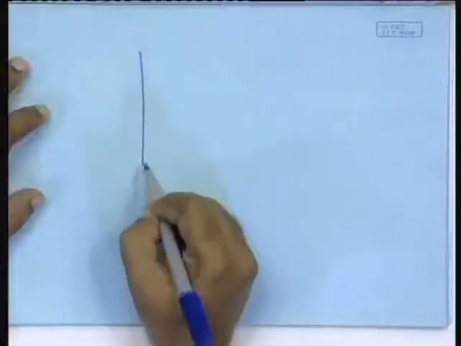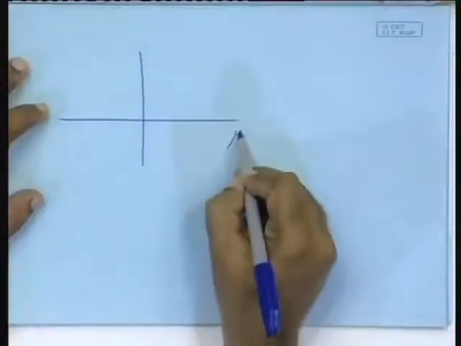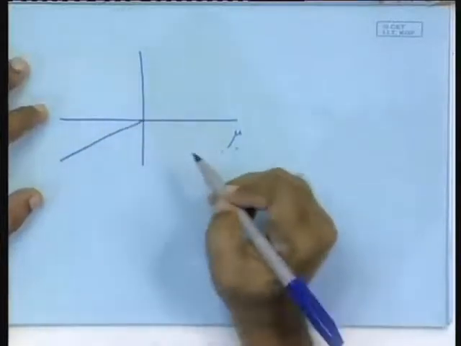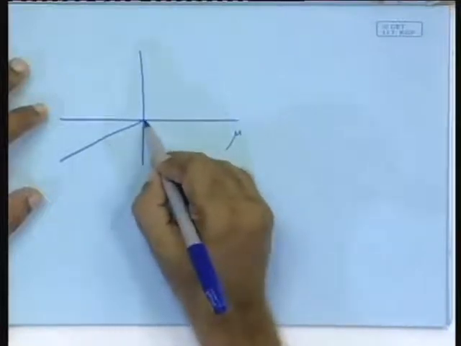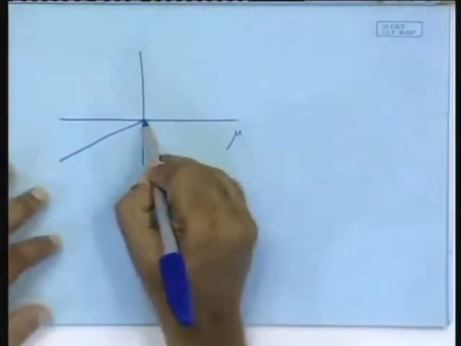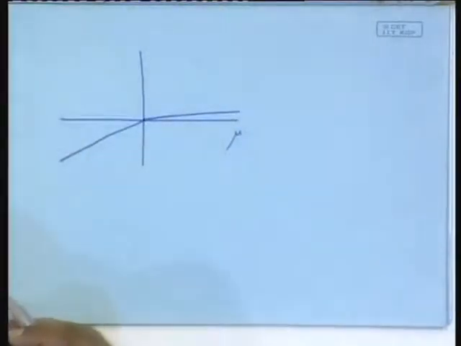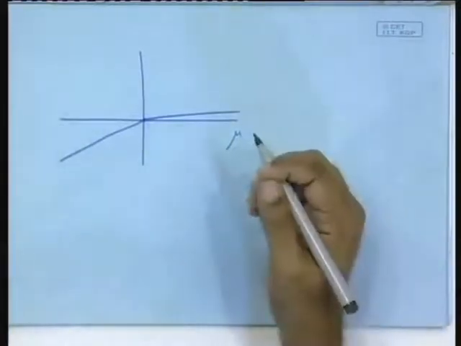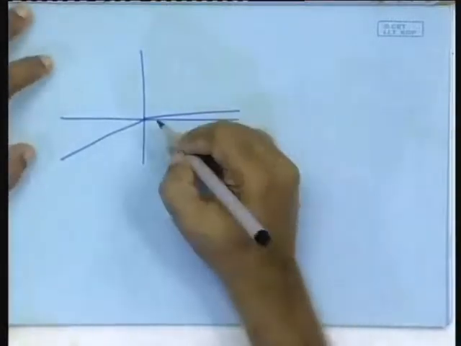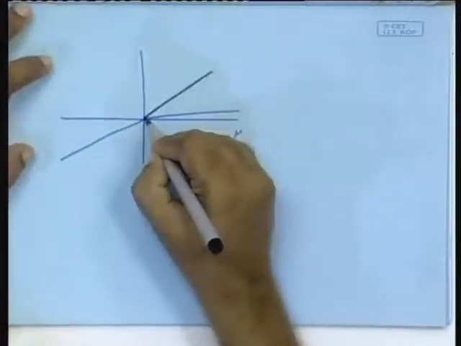We are changing the parameter mu, and there was a periodic orbit that came and hit the border. In the other side of the border, the period 1 orbit remains stable, and so we will draw it something like this. But at the same time, the other period 3 orbit will exist in this side. That means, this fellow will be something like this.